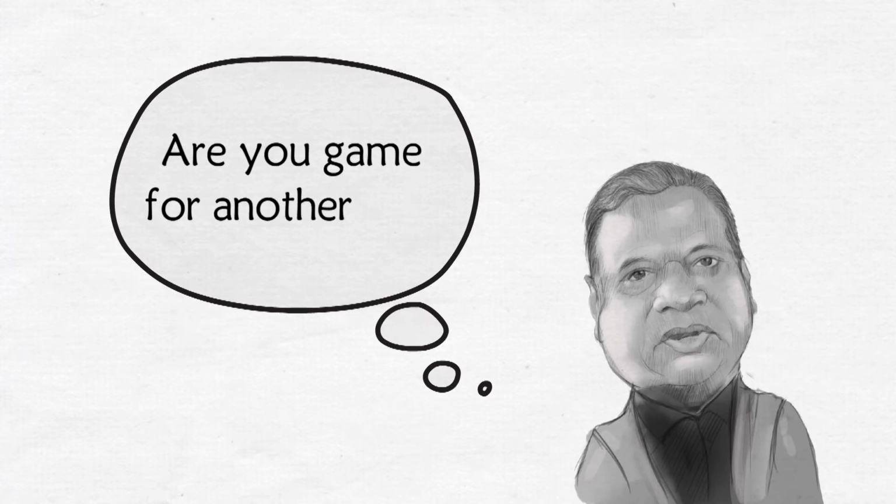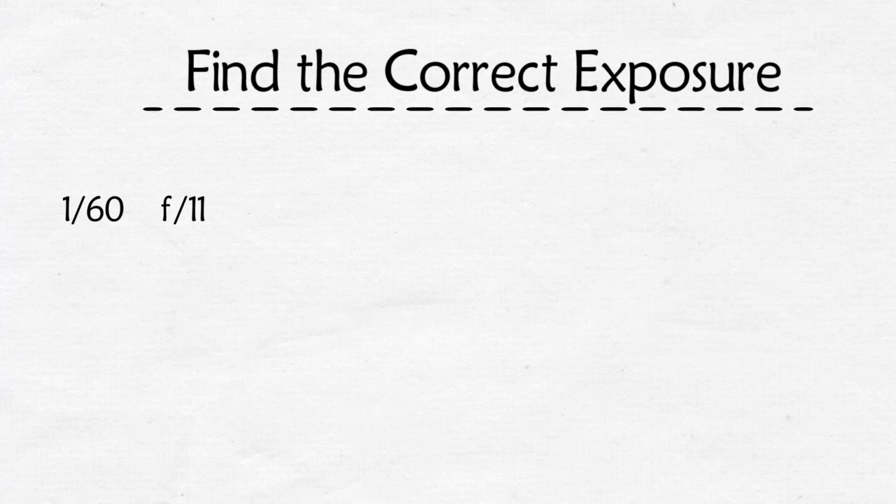Now, are you game for another quiz? Okay, fine. I think you are now getting interested in it. Let's see how it goes. I will put on my next question. Now, my exposure is 1/60 and f11. This is a little tricky. Yeah, I am sure you would solve it. I want you to find out what will be my aperture if I want to shoot at 1/15 and the same thing at 1/250th. I will give you a little more time than what I gave last time before I come out with my answers, all right, because you got to work out two things, 1/15 and 1/250th.